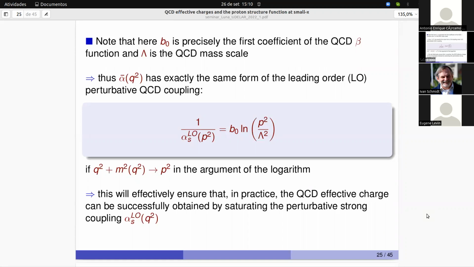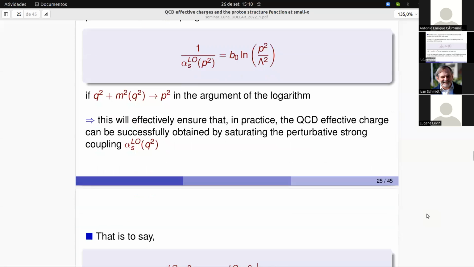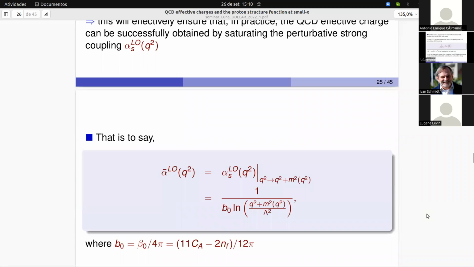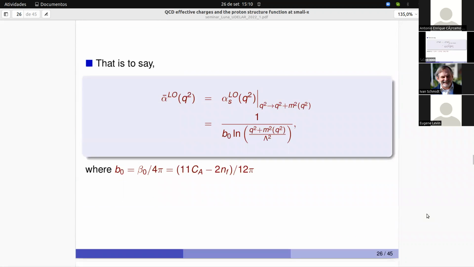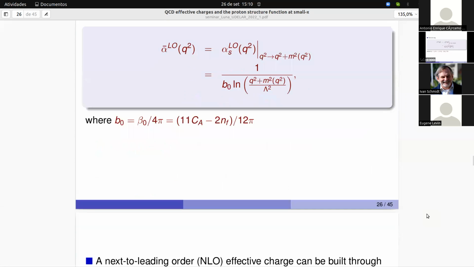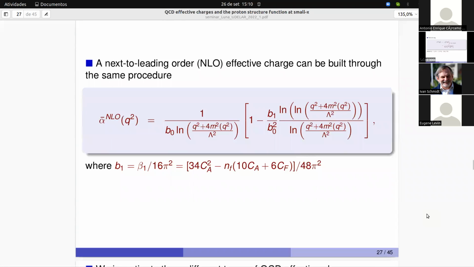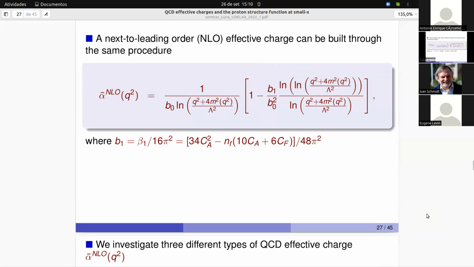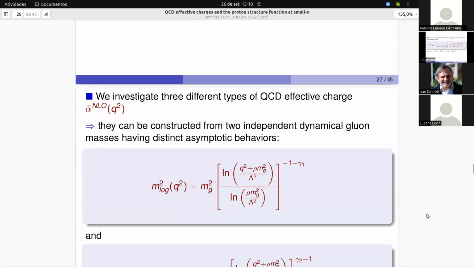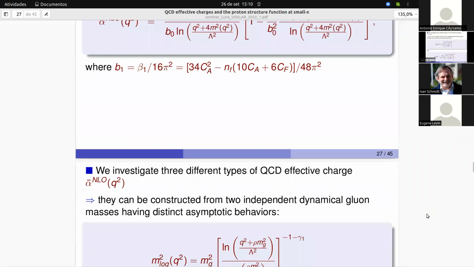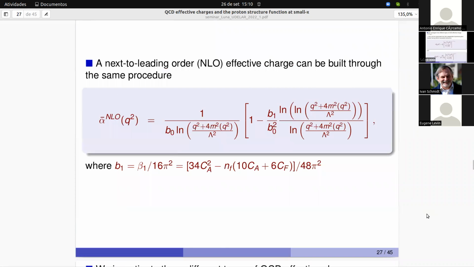As I said, it was just an example, because given some properties about the renormalization, we can do the same thing with the next-to-leading order coupling, so you have the equivalent of the next-to-leading order effective charge. And you see a very interesting thing, that in fact you can obtain